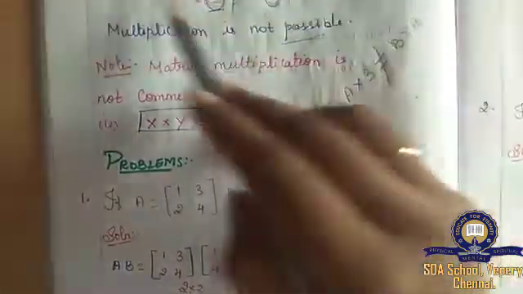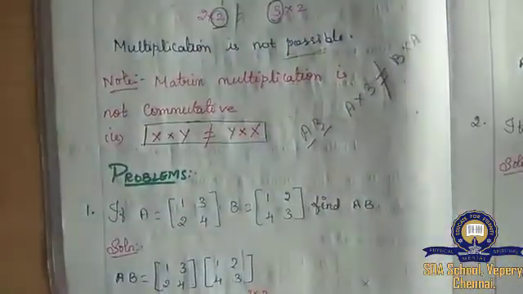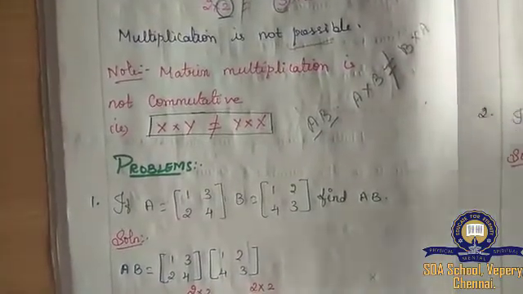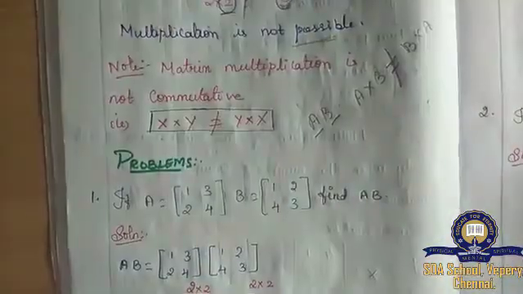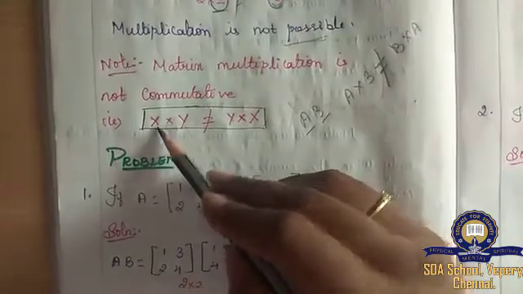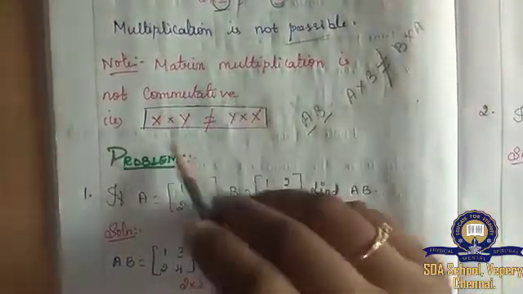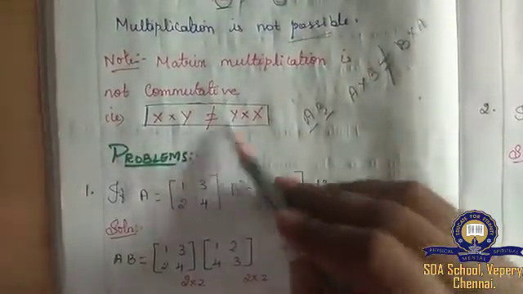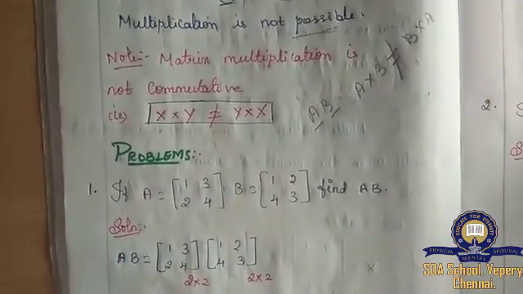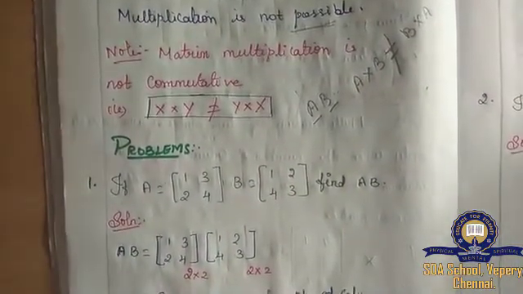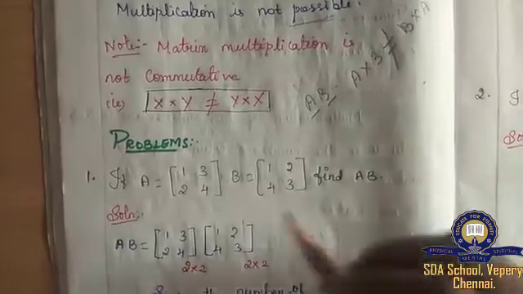This should not be equal. Okay, so here we have checked now. Matrix multiplication XY is possible, but in the same case YX multiplication is not possible. So we can say matrix multiplication is not commutative, since XY is not equal to YX. Okay, before moving on to the next definitions, I am going to give you some examples.